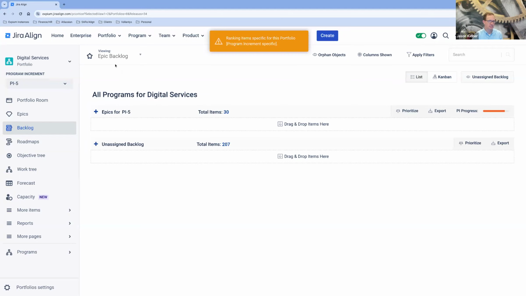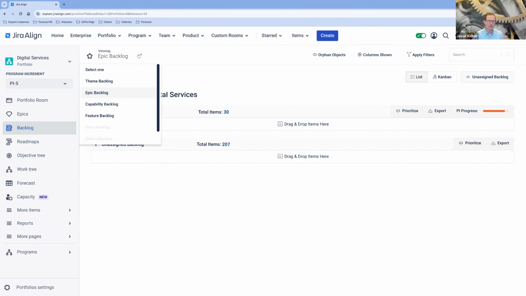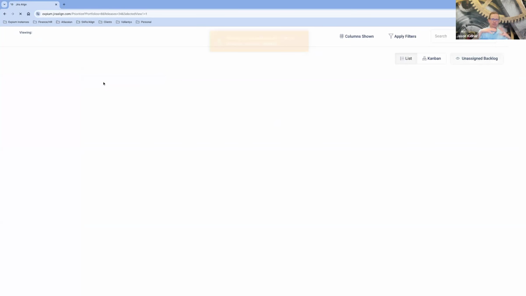And here it's dropping me into the Epic backlog. But as I click on this viewing drop-down menu, notice that there are backlog levels for each of those different levels of scale. So you have theme, Epic, this shows the capability backlog, and then a feature backlog. So I just want to start here at the theme, because this is where you're going to be bringing in,